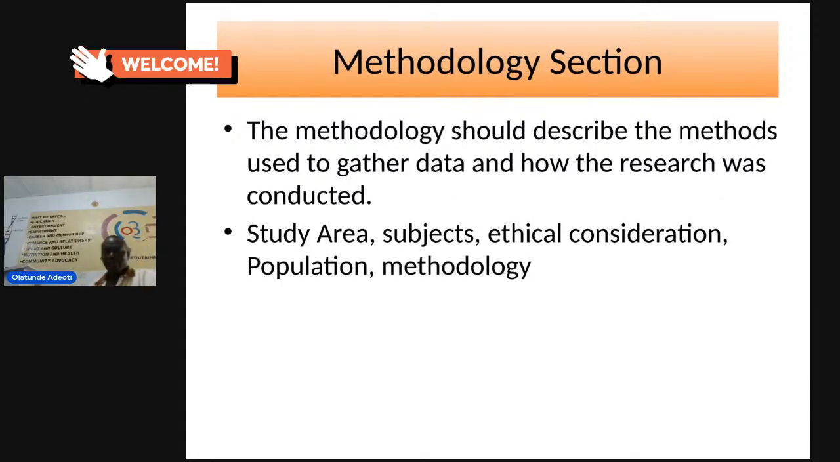Then under the methodology section, this should describe the method you are going to use in getting your data and how the research is going to be conducted. Part of what will come under methodology includes the study area, the subject focus, that is the type of people, the group of people you are going to focus on. For example, if you want to focus on only the handicapped or pregnant women, this will form your